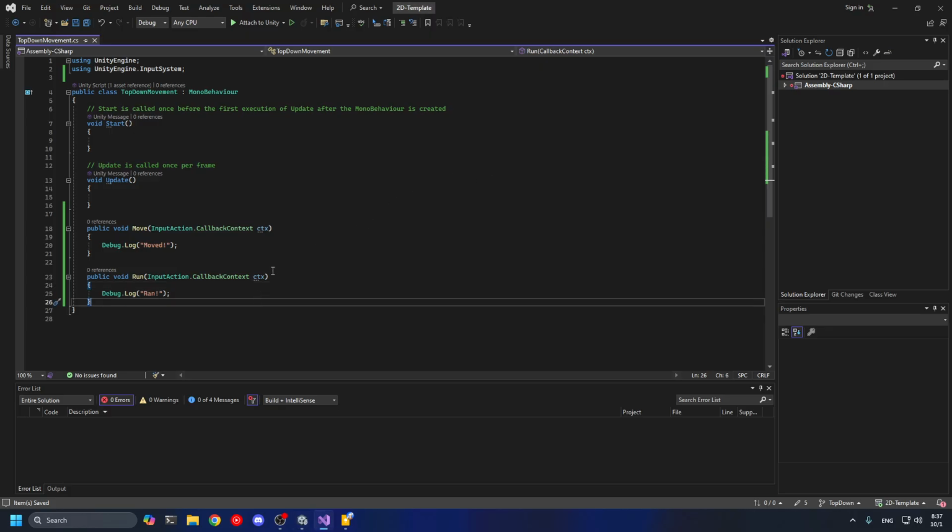Back into our script. Let's actually write code that's going to make the player move. In the move function here, instead of debug log moved, we're going to write code that's basically going to access our rigid body component. The whole fundamental thing of Unity is knowing how to access other components and getting their data or functions. For example, this script moves. So to do so, we need to access our rigid body